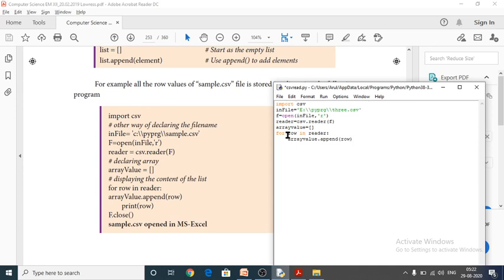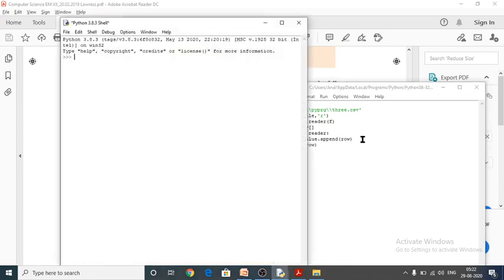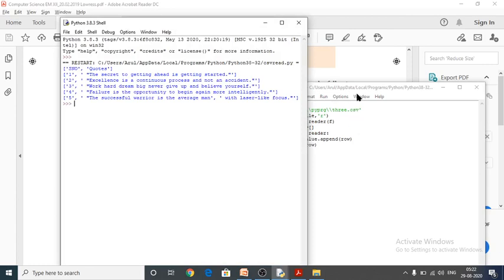Within the for loop I have created another variable called row, that should be included into the CSV file. So after including to the CSV file or reader variable, it should catch up the details line by line, and that should be appended into the array value list. And finally I have to give print row, and don't close your program. Yes, so now I would like to execute this one. Yes, it should be